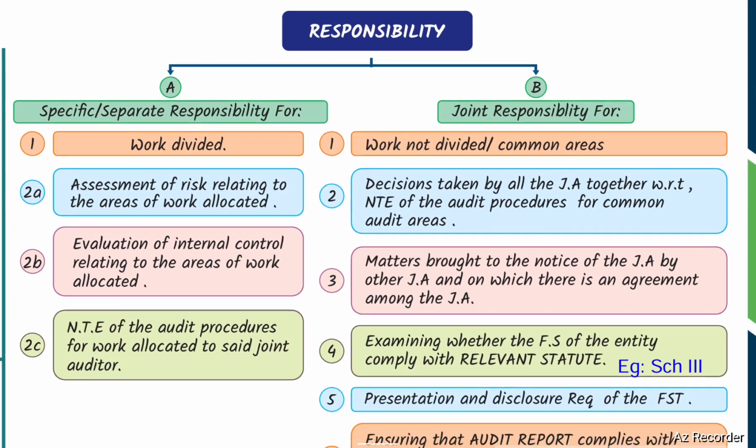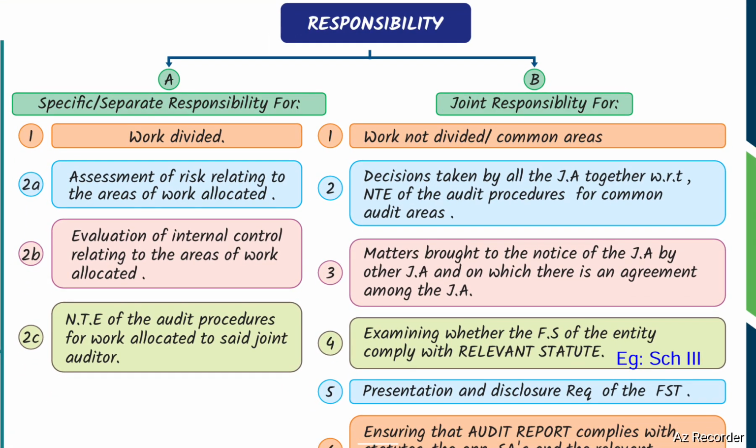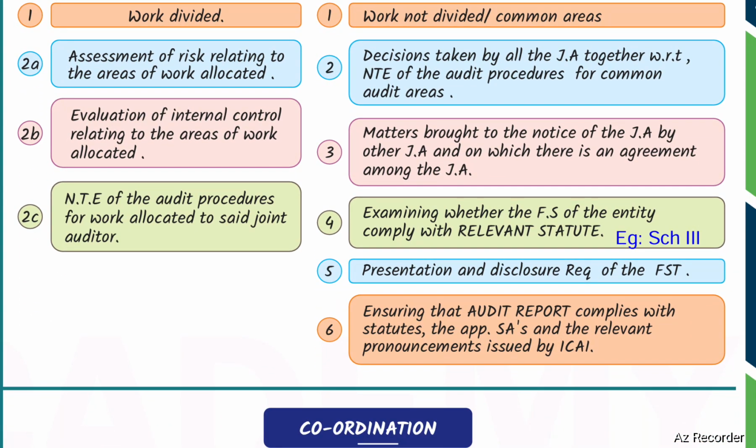Next, responsibility. Joint auditors have specific or separate responsibility for work divided, assessment of risk relating to areas of work allocated, evaluation of internal controls relating to the areas of work allotted, and nature, timing, and extent of audit procedures for work allocated to said joint auditors. Joint auditors have joint responsibility for work not divided, or common areas. Decisions taken by all joint auditors together with respect to nature, timing, and extent of audit procedures for common areas, and matters brought to the notice of joint auditors by another joint auditor and on which there is an agreement among the